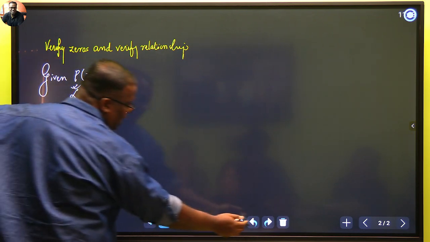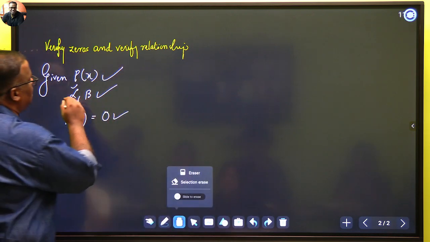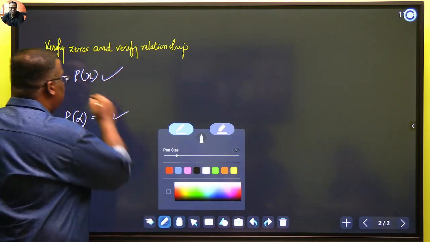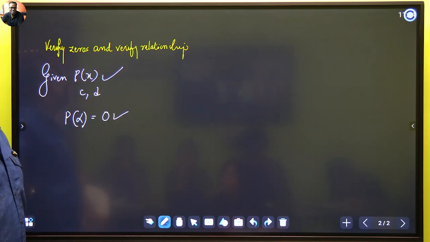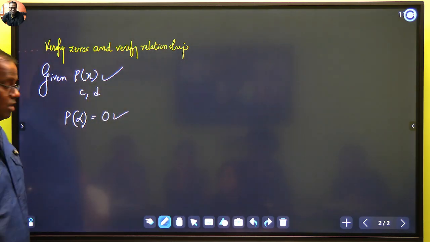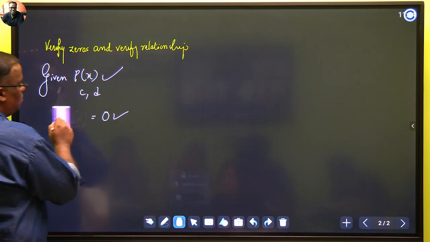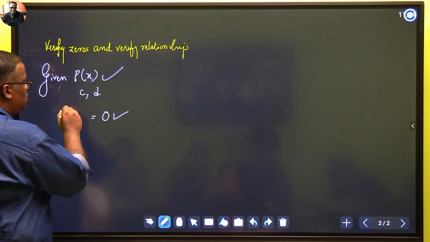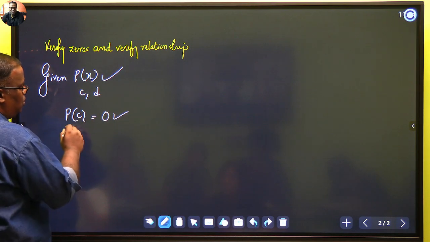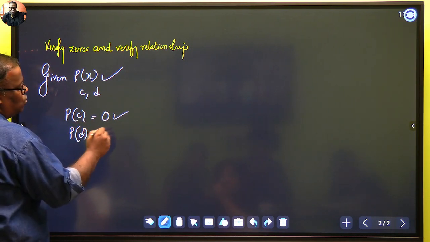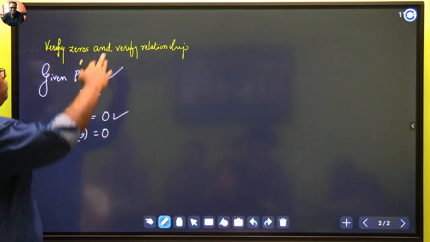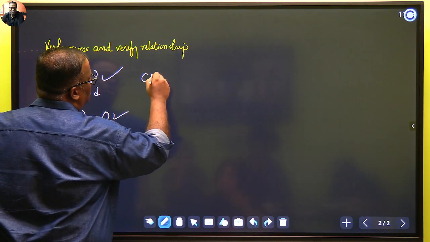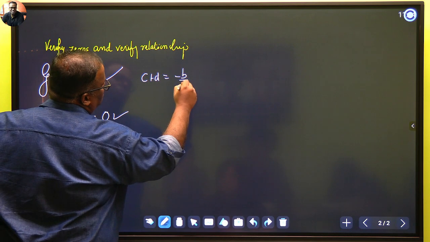Okay, they will not say alpha and beta. They will give here 2 numbers, C and D, and they will say, verify that C and D are zeros. Now, how do you verify C and D are zeros? You verify them by first putting P of C and you show it is 0, and P of D, you show that it is 0. Clear? Then verify relationship. So you should show C plus D should be equal to minus B by A, and